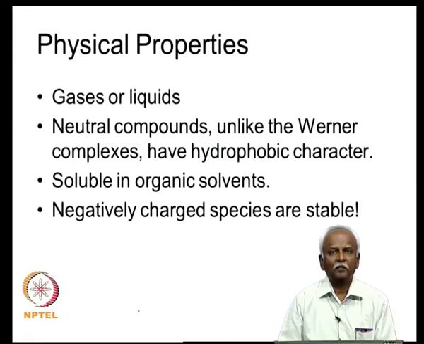Now that we have considered the electronic structure around the metal atom, let us take a brief look at some of the properties of these molecules. Werner coordination chemistry typically involved many ionic compounds, and these ionic compounds are solids. In most instances, they are solid complexes, very difficult to evaporate. On the other hand, the physical properties of organometallic carbon monoxide complexes are completely different. Many of them or most of them are liquids or gases, and even if they are solids, they can be readily sublimed.